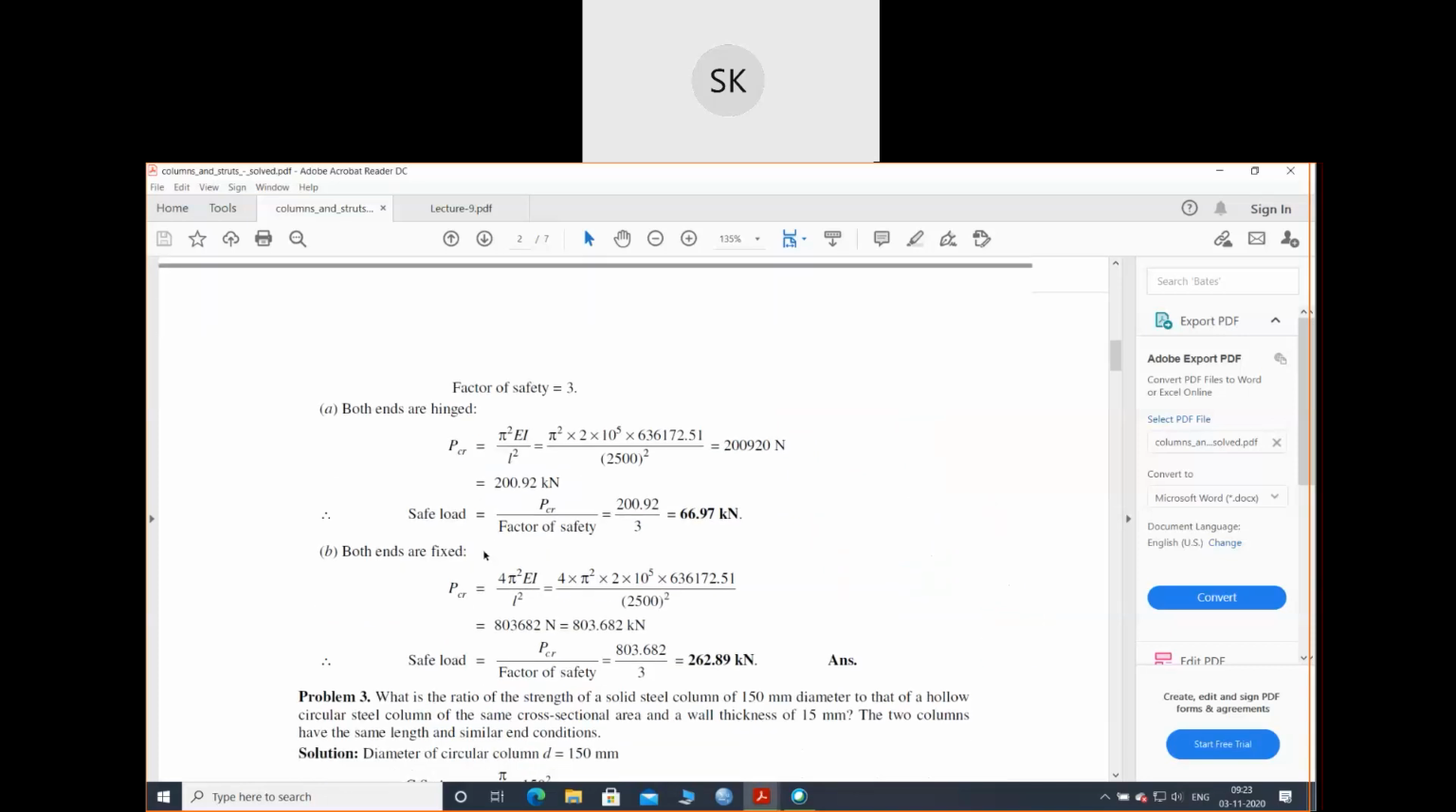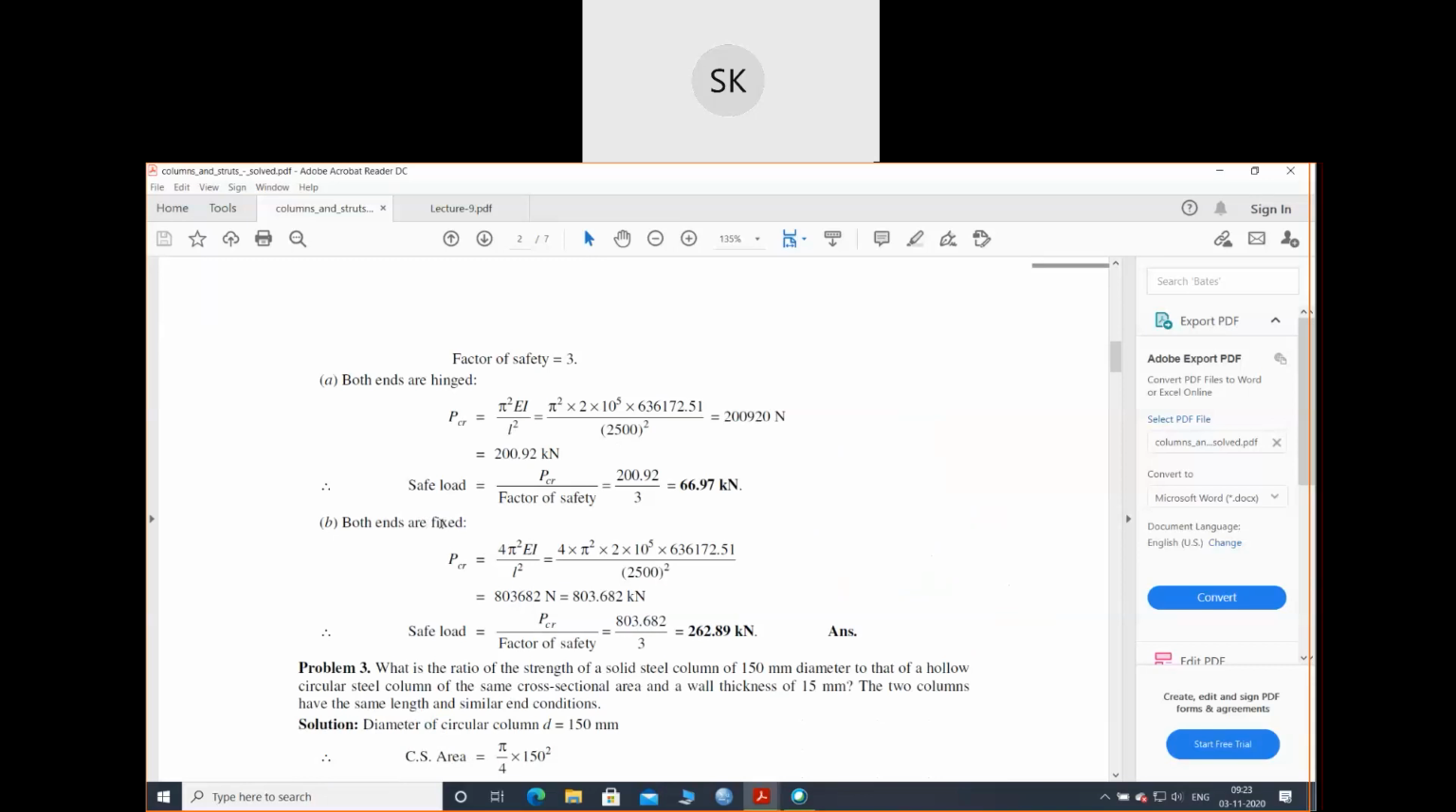Now let's see the next condition. Both ends are fixed. When both ends are fixed, your condition for effective length is L by 2. So if I place here pi square EI,